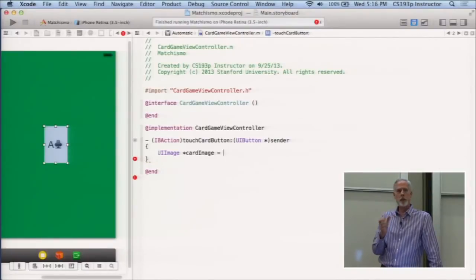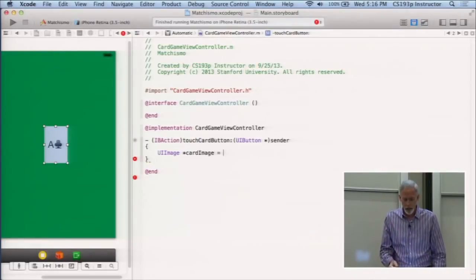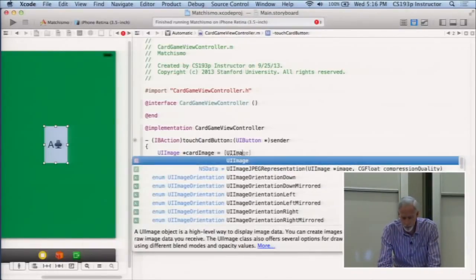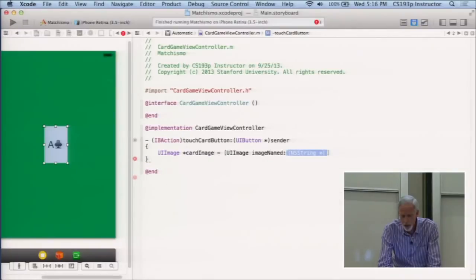UIImage is a class, as you can imagine, that stores an image. It could be a JPEG image, could be an animated GIF, it could be a TIFF image, whatever, okay? So it's a very powerful image holding class. And it has a class method called imageNamed, and you give it a string like card front or card back,